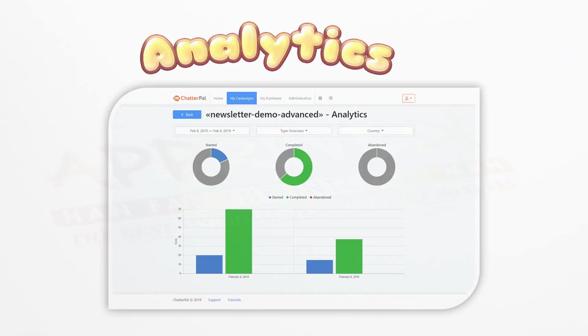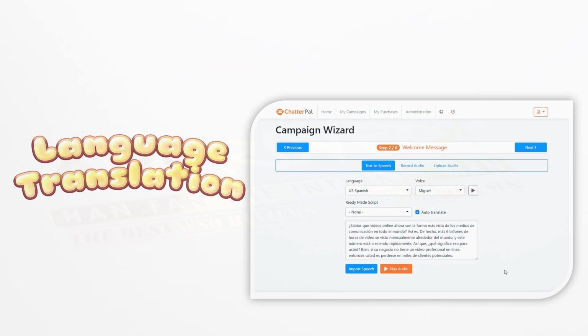ChatterPal also comes with complete analytics, so you can track everything from one easy to use dashboard. And the beauty is, with all this data, your ChatterPal is only going to get smarter and smarter over time, and that is going to allow you to get more sales, more leads, and better results going forward, which is just powerful. Now let me show you some case studies and real live offline as well as online businesses that can actually benefit with ChatterPal.